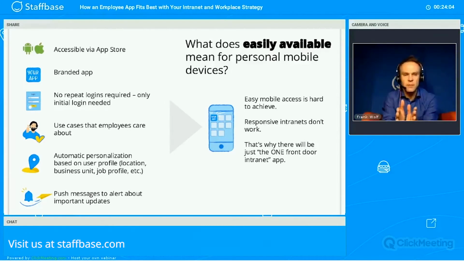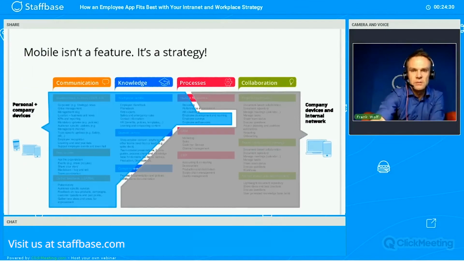And this really means that there will not be 10 employee apps, right? Employees will have the one app, which is the front door intranet, the front door into the digital workplace. And this app will be on the public app store, it will be branded, and will have all the other things that you see on the left-hand side here. That's really important to understand. And this also means